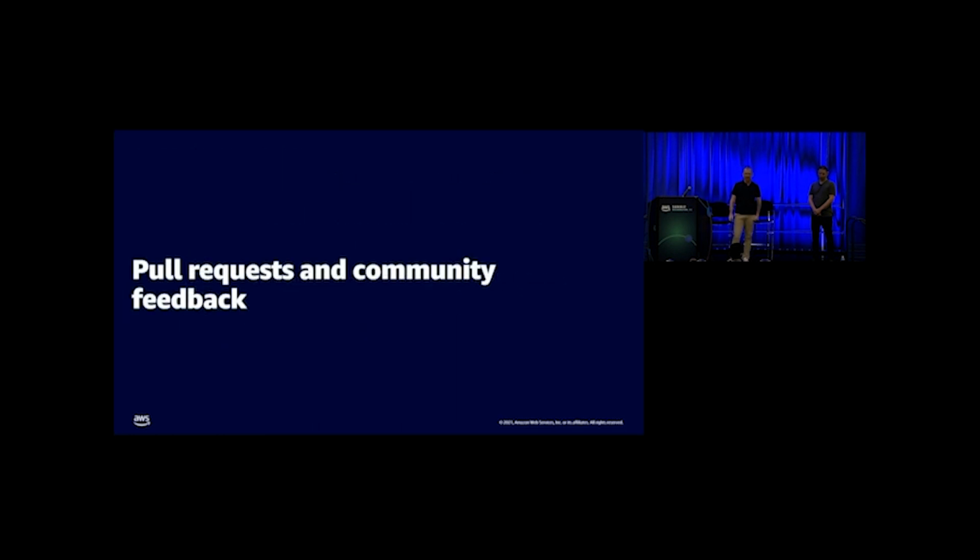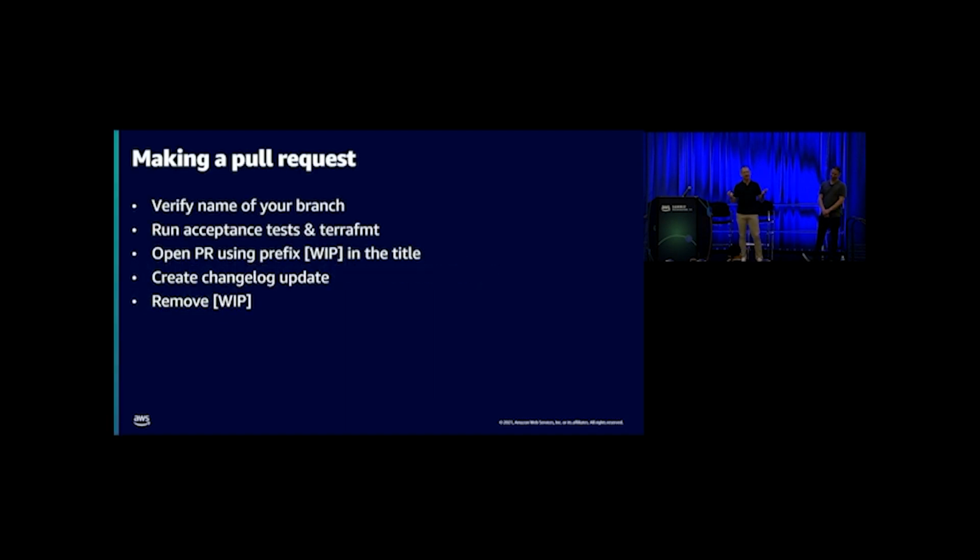Pull requests and community feedback is a place where I also spend a lot of time. I often think, I wrote my code, it runs, 100% of tests pass, I make a pull request, and they're going to merge it. That's just not the case. When you go to make a pull request, verify the name of your branch. It's super informative for people that want to provide feedback. If it is named incorrectly, they wouldn't realize maybe you're adding a new resource or a feature to a resource, and most importantly, what resource it is. Some people are going to be very interested in Amazon Connect or Amazon S3, but don't care about Storage Gateway. So the naming convention really helps people identify what it is so they can go provide feedback on it.